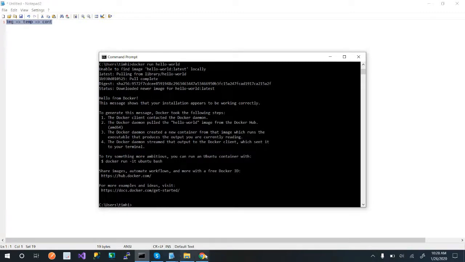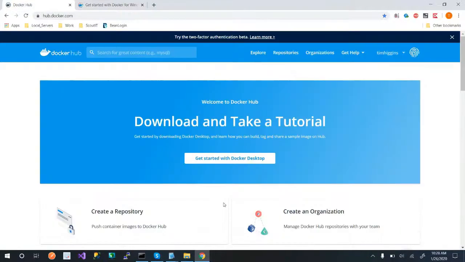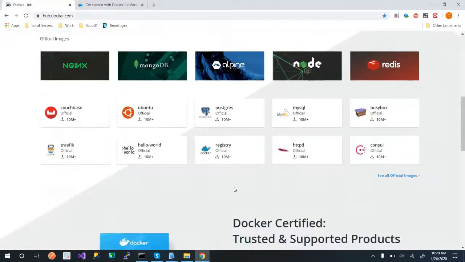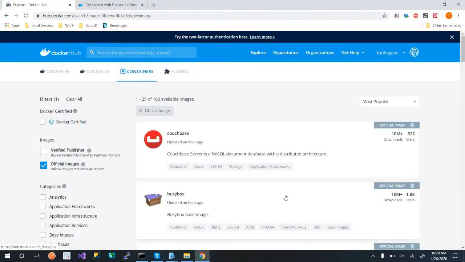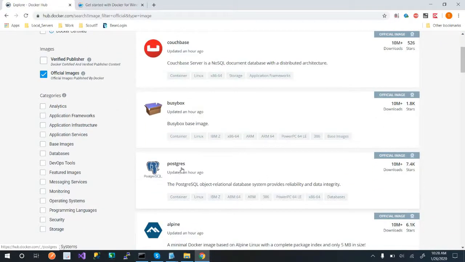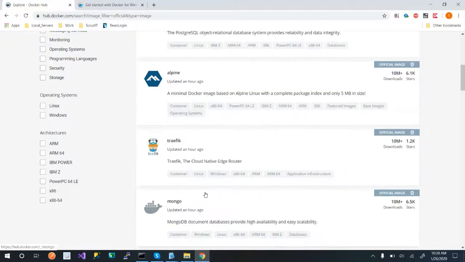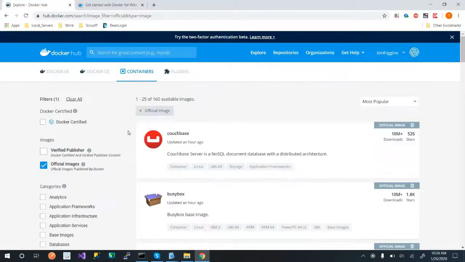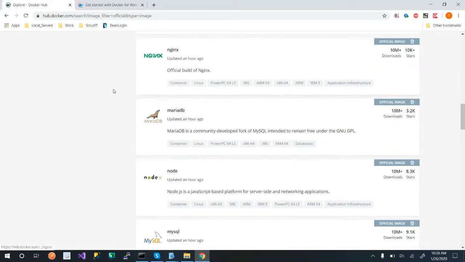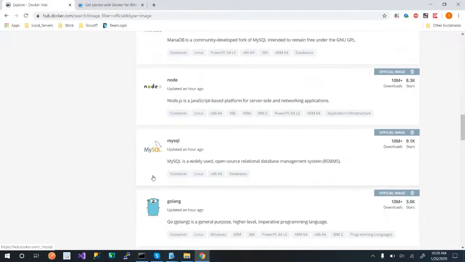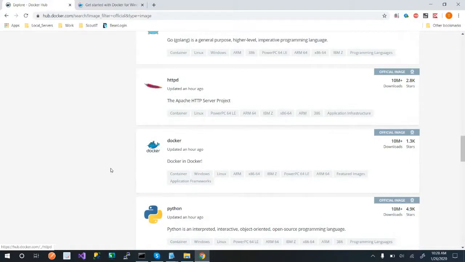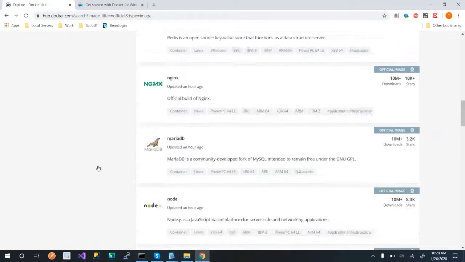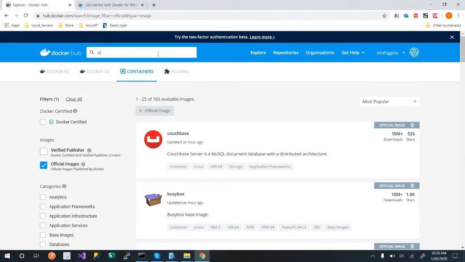That's very important, because if I go back to the hub, there are all these images I can pull down. The best thing is they're also certified, which means they went through testing to make sure they're good. I can pull down an image for Postgres, MongoDB, Ubuntu, and all these other ones. In fact, we may pull this one down and look at it. So here's Node. We talk about using Node.js, MySQL. You can use any of these, right?